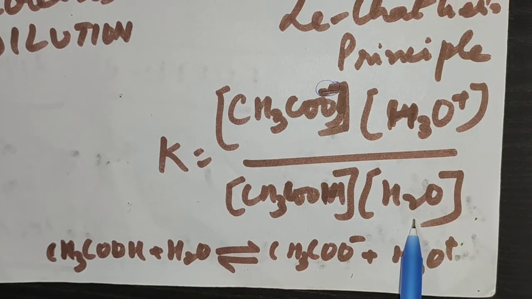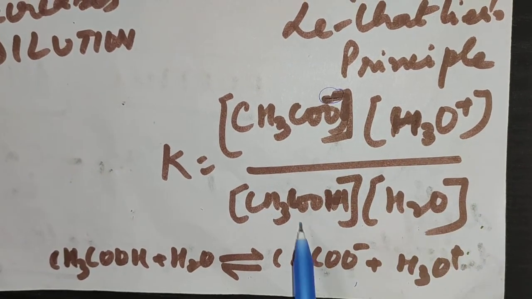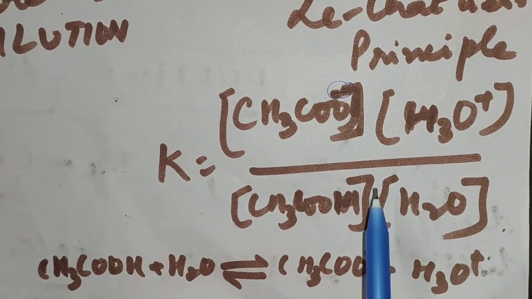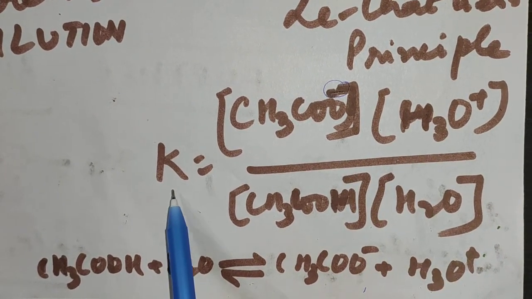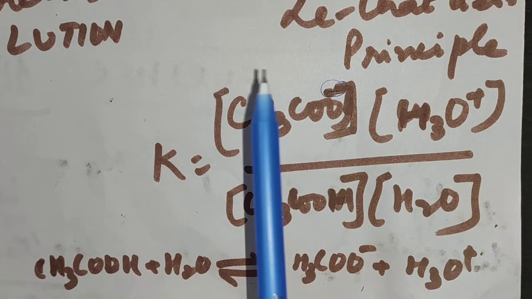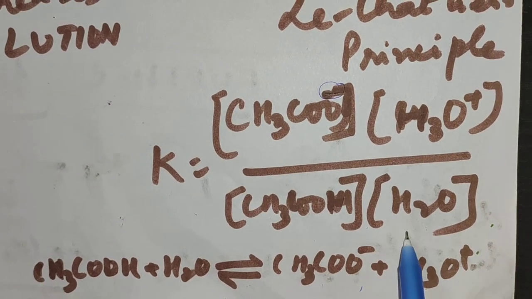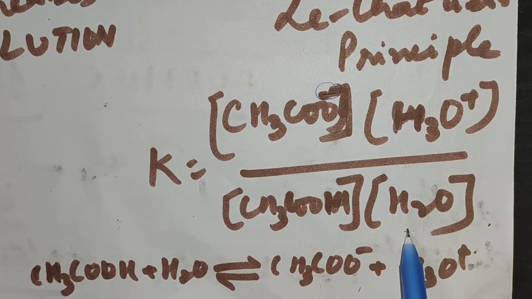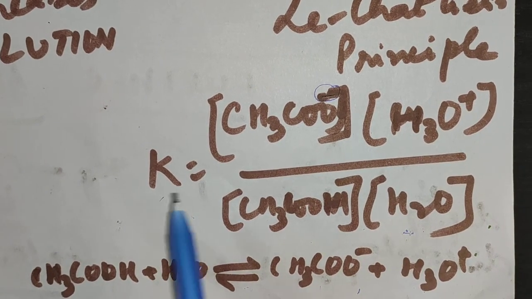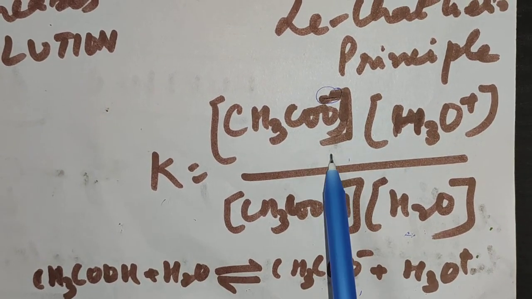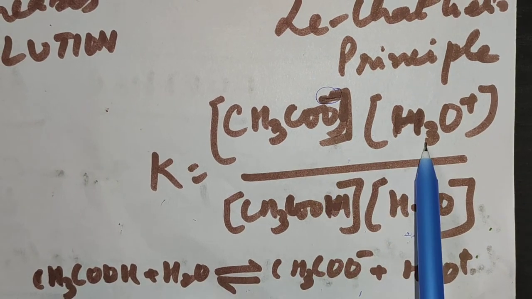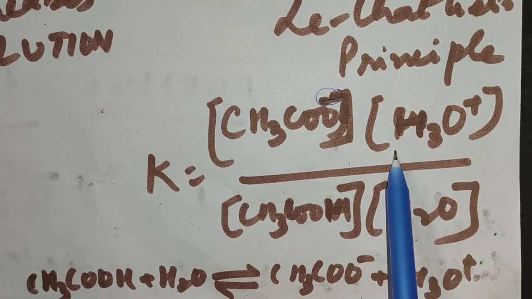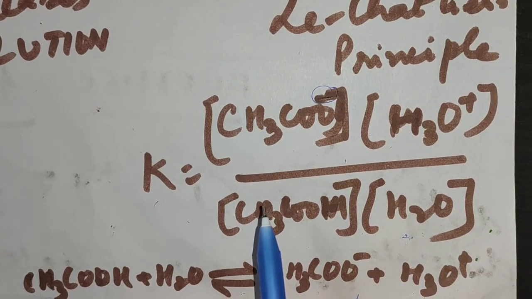Now all of you know that Le Chatelier's principle says that if you bring about any change in any one of them, the reaction will proceed in such a direction that K is kept constant. So on dilution, I am adding more and more water. If I go on adding water, that means this will increase. So in order to keep K constant, this has to increase. These two are the ions, acetate ions and H3O plus ions, so ionization will increase, and the number of ions will increase.